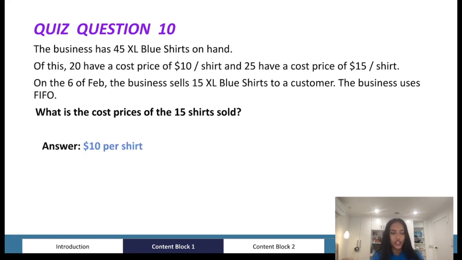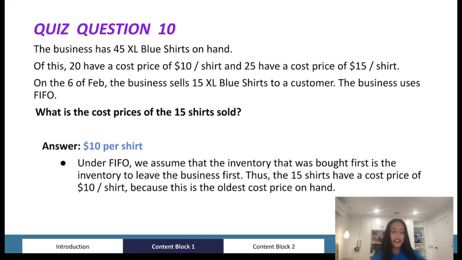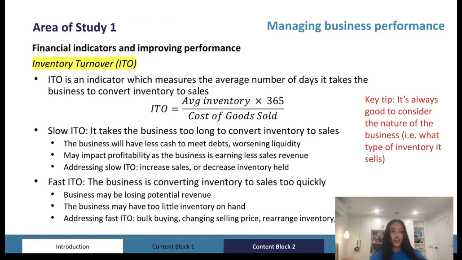Okay, so the answer is $10 per shirt, and this is because we assume that the inventory that was purchased first is sold first. So we have to choose the oldest cost price on hand as the cost price for this sale. And in this case, the oldest cost price on hand is $10 per shirt. You also